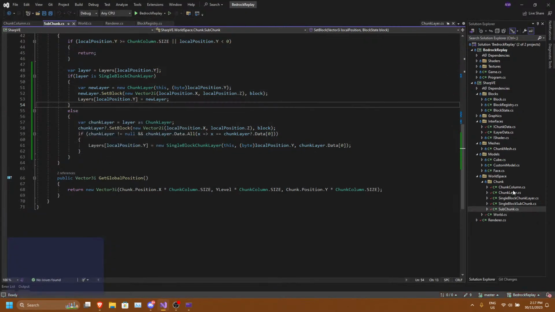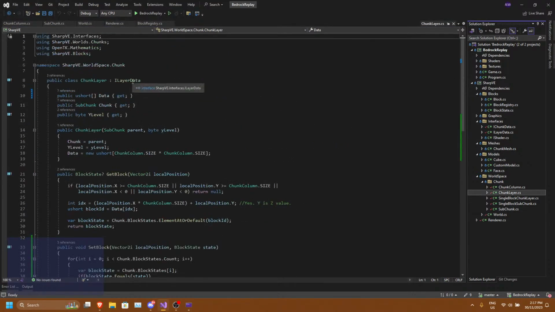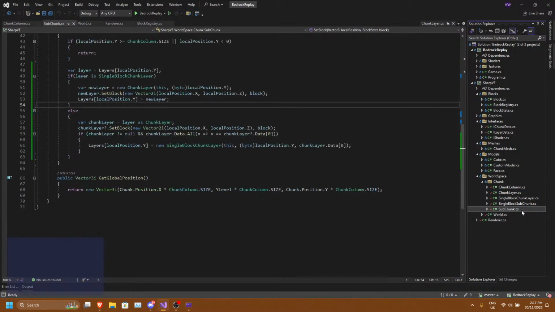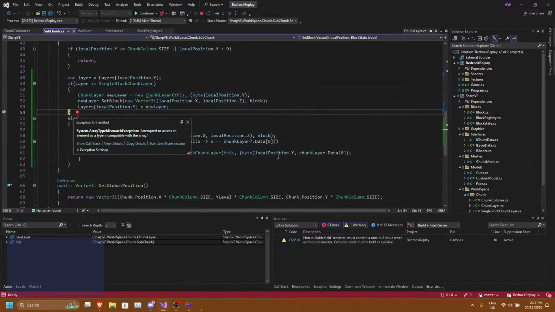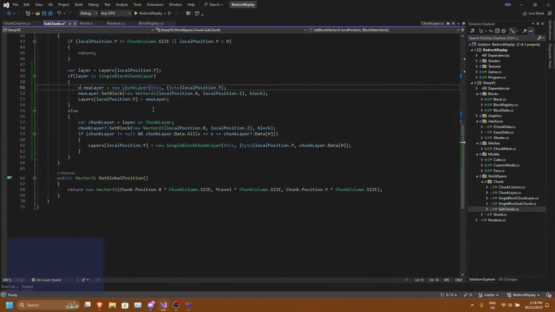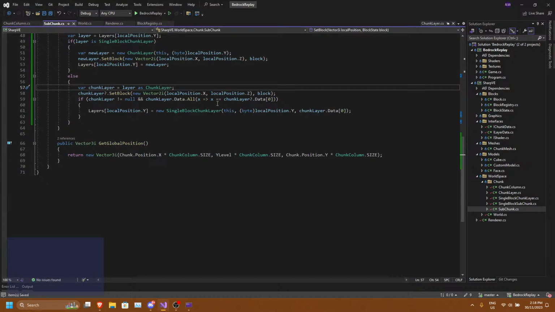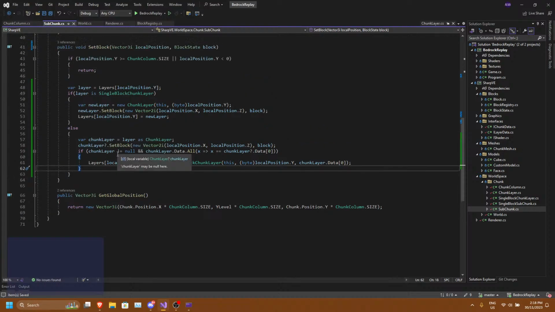And chunk layer inherits ILayerData. What happens if we just force it? So it's always going to be chunk layer. Nope, never mind. Oh, what's going on here? Like, it's working, but it's not working. I know the chunk column one works, but this one doesn't work for some odd reason. Doesn't want to work.